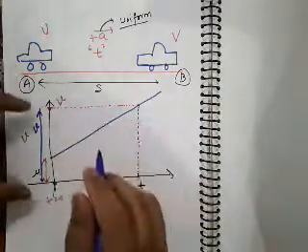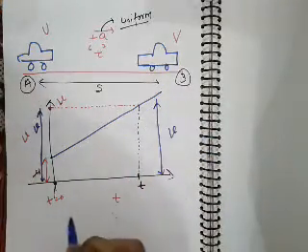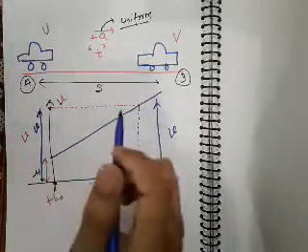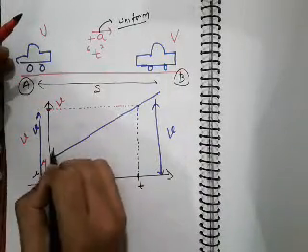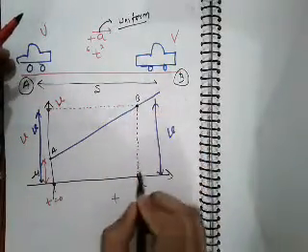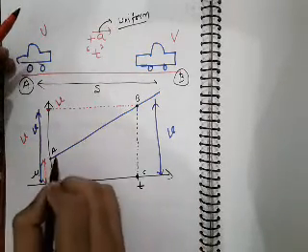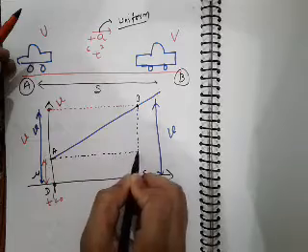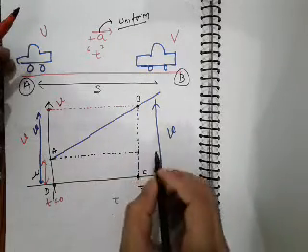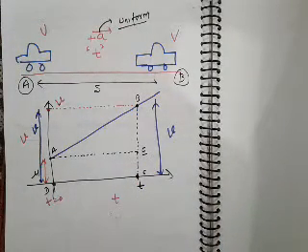Okay, so if this is the final velocity, then this one also will be the final velocity. I'm going to name some special points: this one is A, this point is B, this point is C, and this point is named D. Again draw a construction, a line from A parallel to the time axis meeting the line BC, and mention this point as E. All the dotted lines are construction, and the graph is this one.